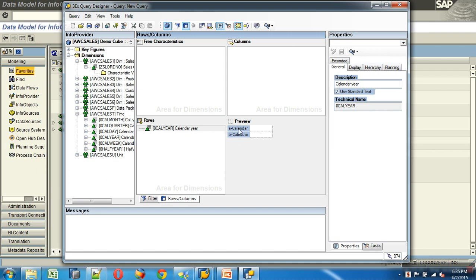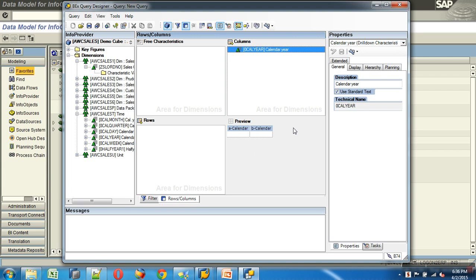That is what is representing A year, B year, C year, D year. If I place an object into the columns, you get to see those informative values across.